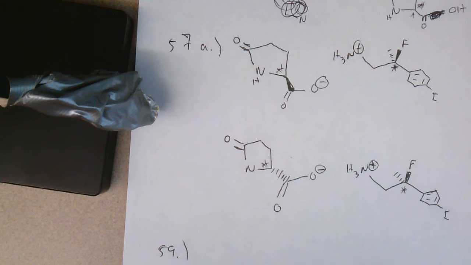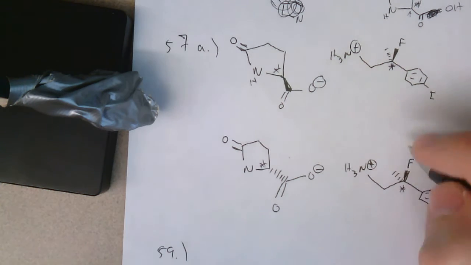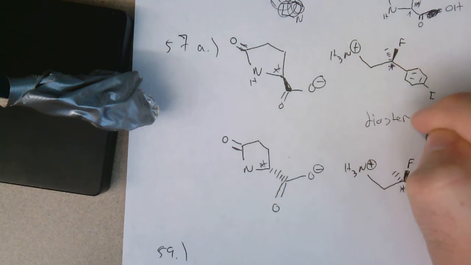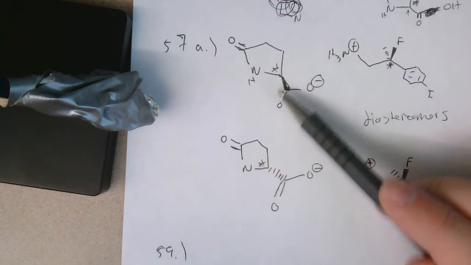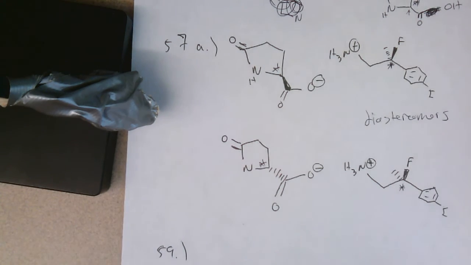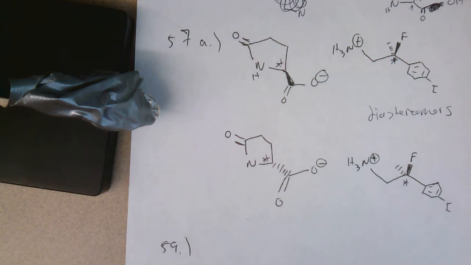It says draw the 2 salts. We did that. And then we said these are diastereomers because we only invert one. Looking at this entire top salt versus this entire bottom salt, I'm only inverting one carbon and not both chiral carbons. If I invert both, they're enantiomers. But since they're diastereomers,